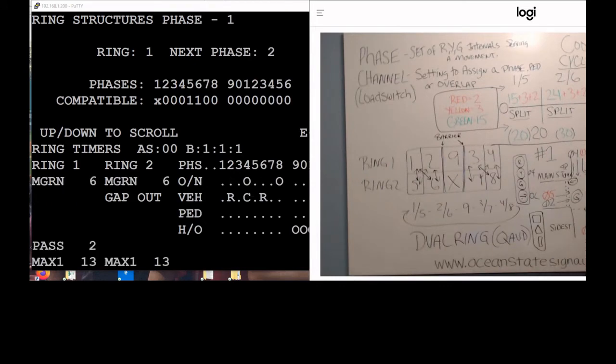You may not see me, but we talked about our rings over here. So we're going to use an 8-phase dual ring with a 9 exclusive ped, because that's a very common one that we use. Basically, like I said, 1 is compatible with 5, 1 is compatible with 6, 2 with 5, 2 with 6. And then in the ring structure it has to go circular, so it goes 1 to 2 to 9 to 3 to 4, and then back to 1 again. All right? 2 and 6 have to cross the barrier at the same time when it goes to 9. 9 by itself has to end before we go to 3 and 7. Right? So how we build this is right here in the ring structure. So basically you'll see up top,